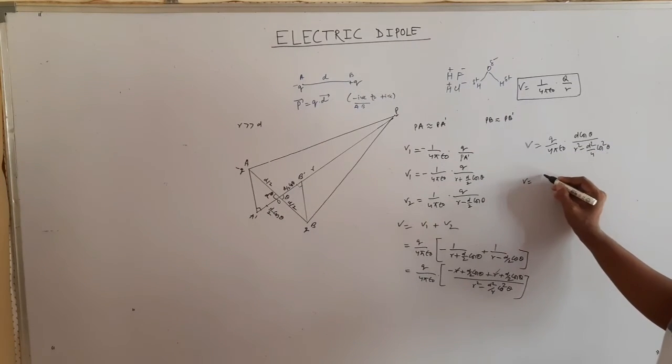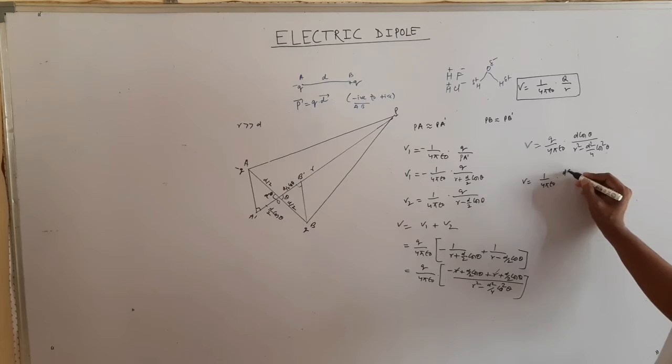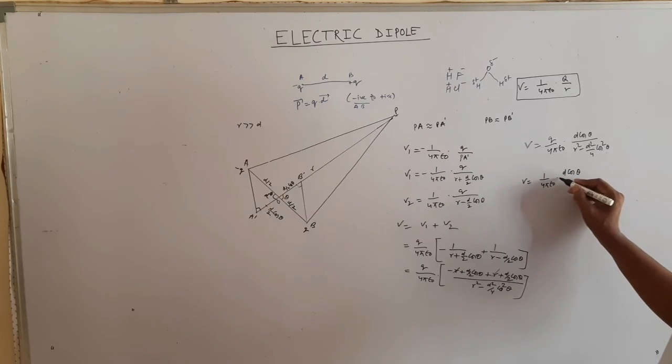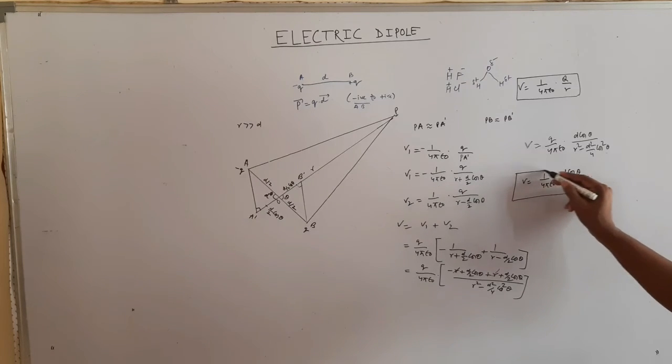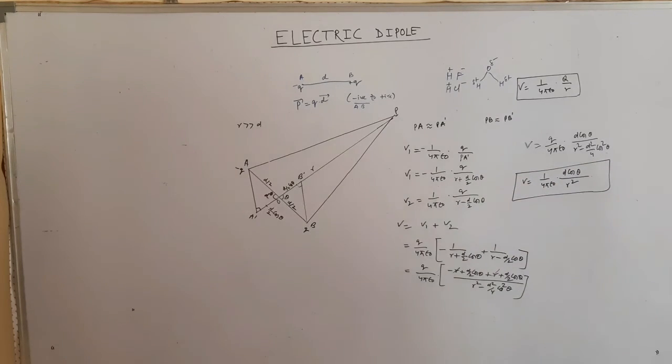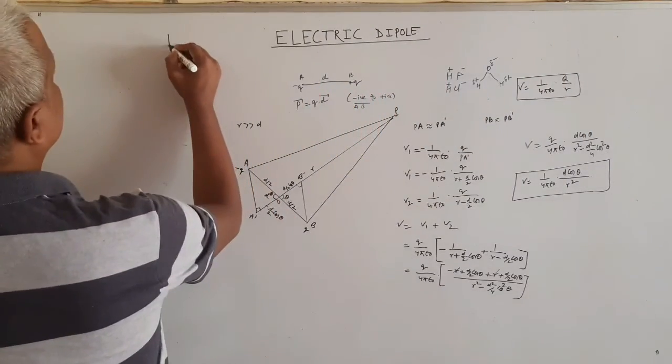So we will have V equal to 1 by 4 pi epsilon naught d cos theta upon R square. This is the value of the expression for the potential